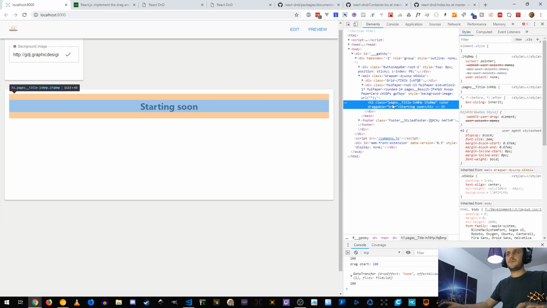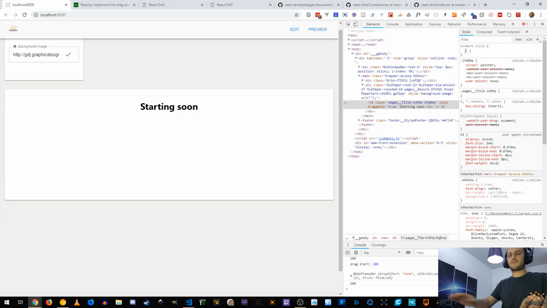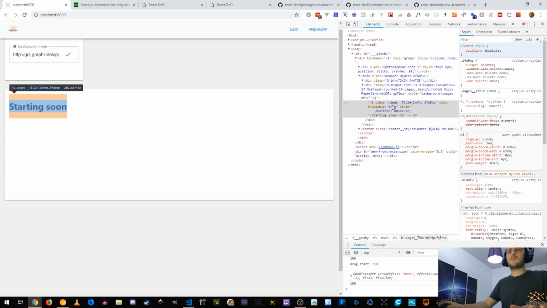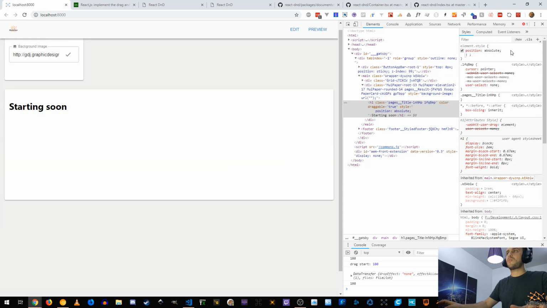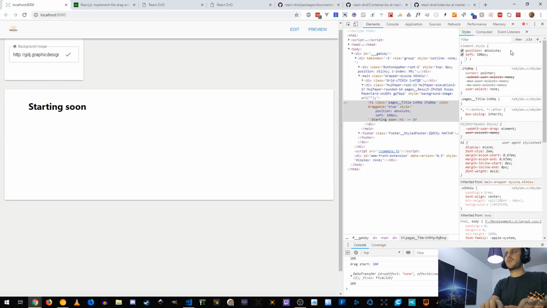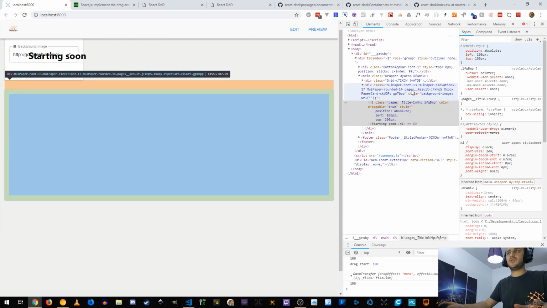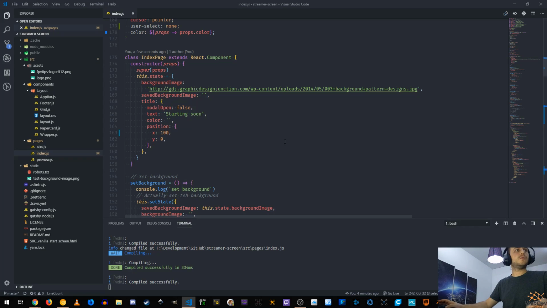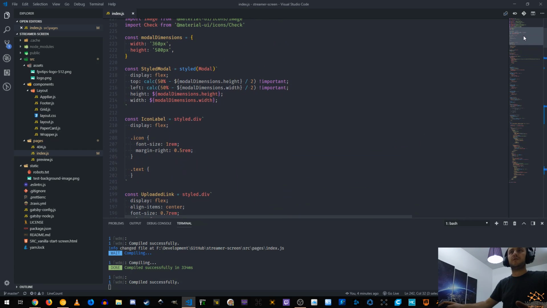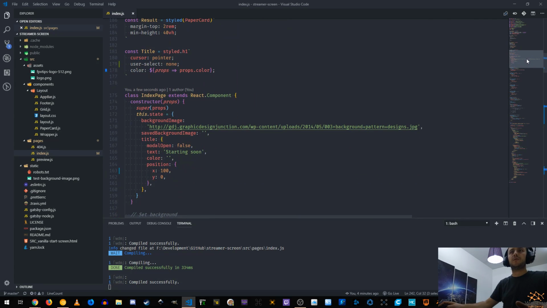That's gonna be something with a position absolute that we can move around. For x and for y values. Also, in order to keep that within the container, we need to set position relative on the